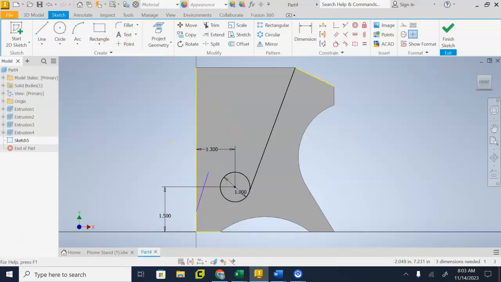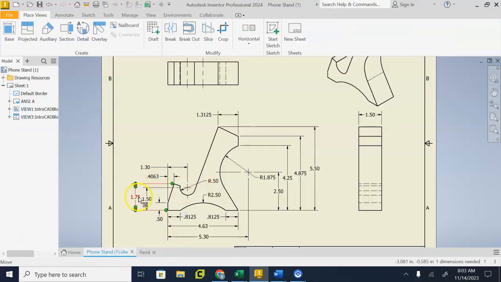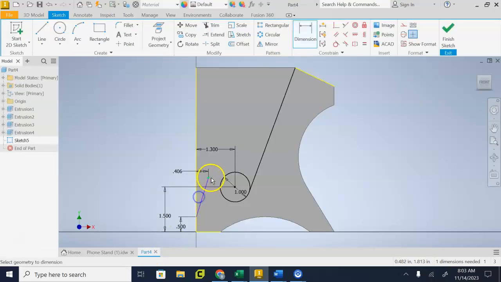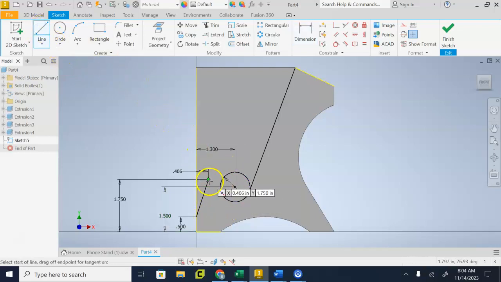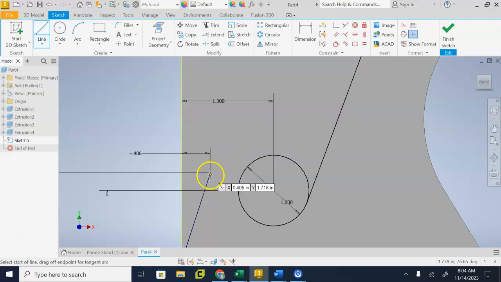So when I go back, I go to dimension, 0.5 from end point to the bottom, and then from end point here to this left edge, I'm going to go 0.4063, enter. And then I also need to put one more dimension into this 1.75 to make that defined. So I go endpoint to the bottom line here, and we're going to go 1.75. And now that line is defined. From here, what we're going to do is just draw a line from that endpoint that I just created here, this end of this line. I'm going to draw it to the center of the circle,